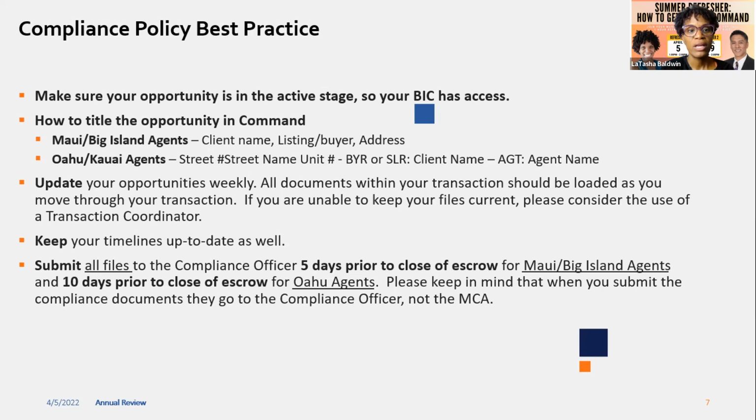Oahu and Kauai is a little different. They want the street name. I'll let you talk about that, Kerry, because you're the professional in that. We just ask Oahu and Kauai to put the street name, number, and unit number up front. We're going to make sure we have that contact name in there, whether it's a buyer or a seller, and making sure that you have your name there as the agent. Like Latasha said about the BICs and having separate viewing access, with those three pieces of information, they could choose whichever one and they could find the opportunity. So it's a little same but different.